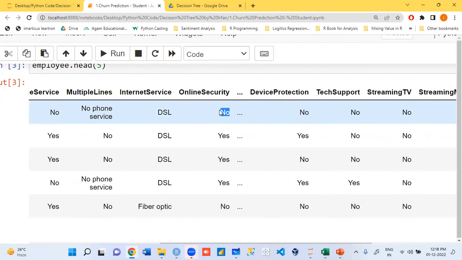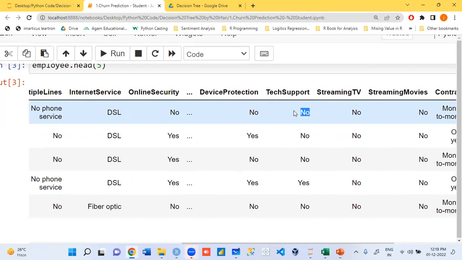Whether you have taken any online security or not. Online security means you take any antivirus to secure your device. Device protection means an insurance policy. Who takes an insurance policy, guys? iPhone people or Redmi people? Why? Costly phones.